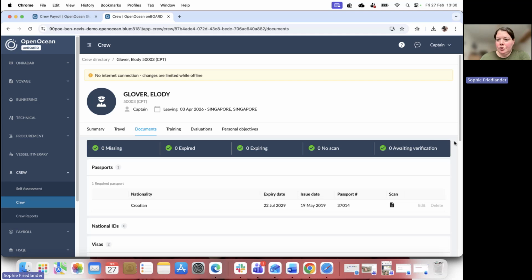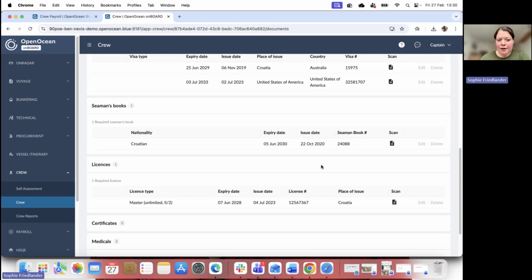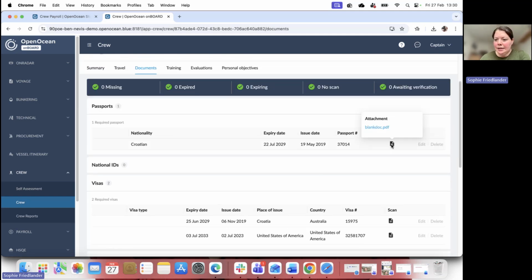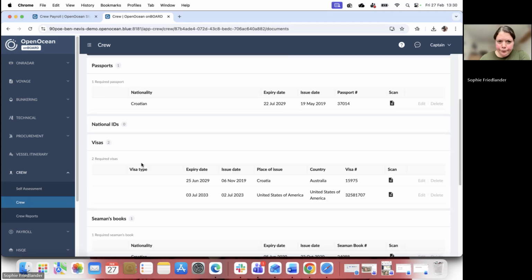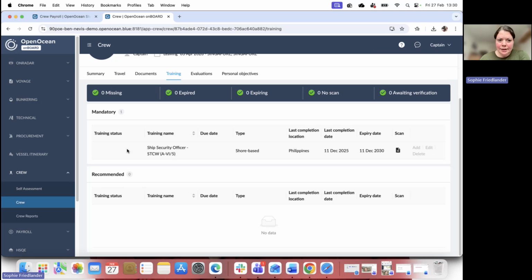Documents, again, just like Shoreside, it will show you. This is all configured from Shoreside, so it will show you the passports, the visas, and everything else that's in Shoreside. You can see the scans here, and there's an edit and delete function on the right-hand side too. Here we've got our training documents, and again, exactly the same thing. It will show any mandatory documents, it will show any recommended documents, it will show whether they're missing, expired, expiring, no scan and awaiting verification. They can be added, edited and deleted